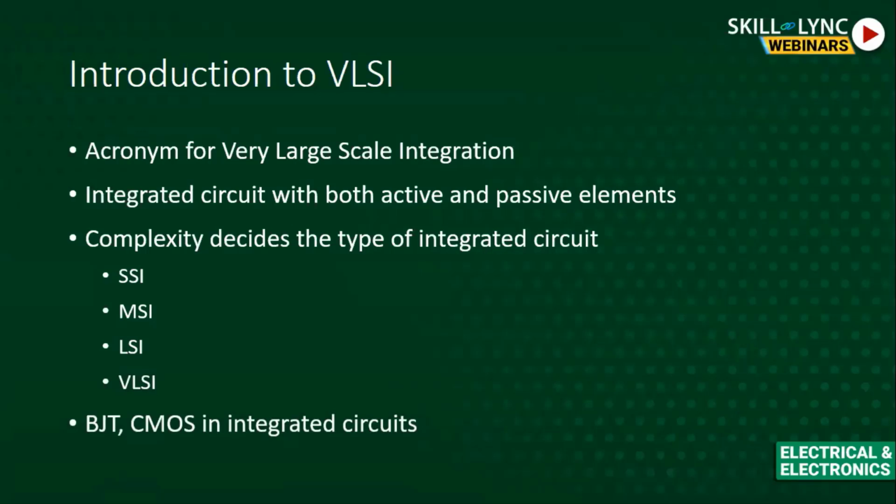We generally use BJT and CMOS in integrated circuits. BJT, the bipolar junction transistor, offers high speed, gain, and low output resistance. If you're looking for high performance in your designs, for example analog designs, where you deal with analog signals, which are continuous, sinusoidal signals, then you'll be using BJT. That means you need high performance and the amount of power consumption doesn't really matter to you, so we go for BJT.